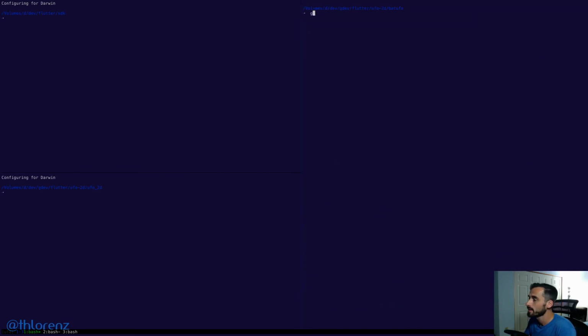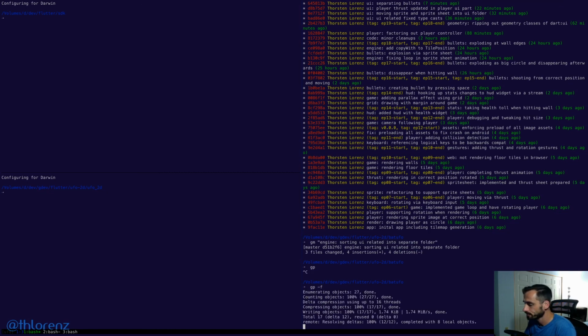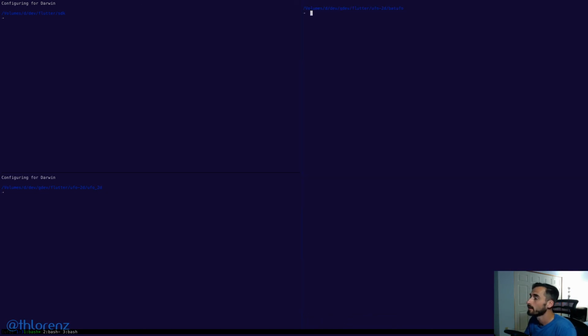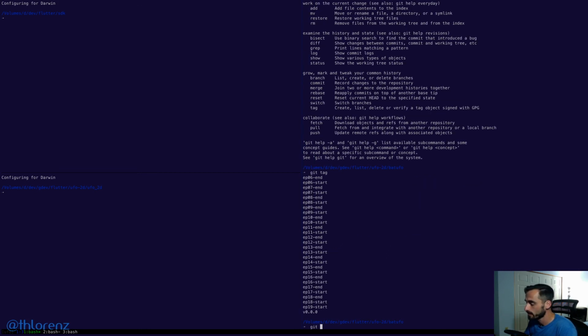So we're going to have the same message, except we're going to say engine: sorting UI related into separate folder. Okay, so we're good there. Actually, we may have to force push because we amended the commit message. We'll create a tag, so we have a tag for every episode, right? And so we'll have to say git tag episode 19 and